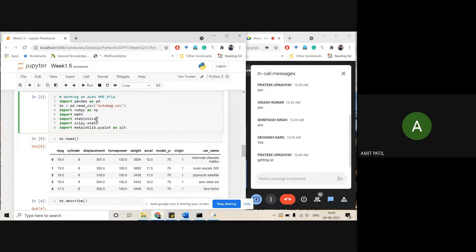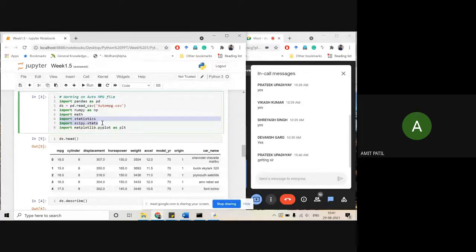Then statistics and stats. This will give you some output. Say you have run code and you need to check the accuracy or quartiles or something; from the output you need to extract something like a summary. For that, scipy stats will be required, and then import statistics.